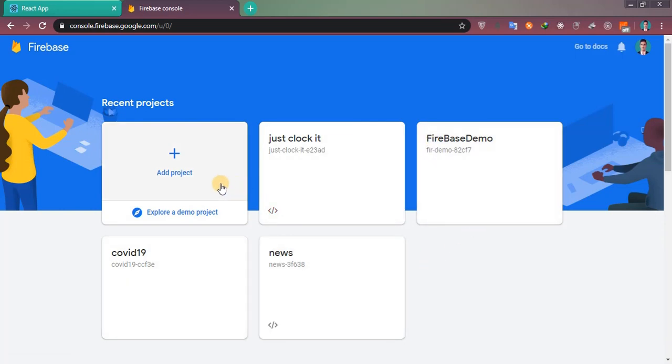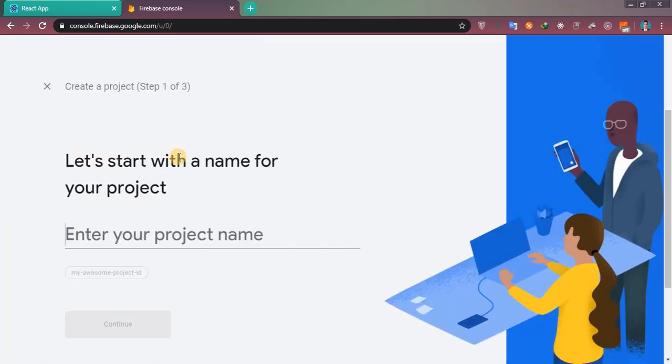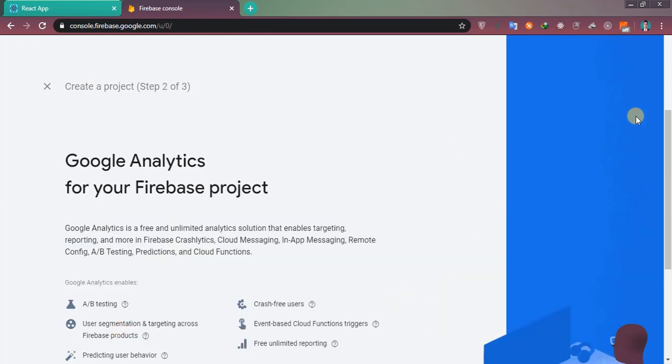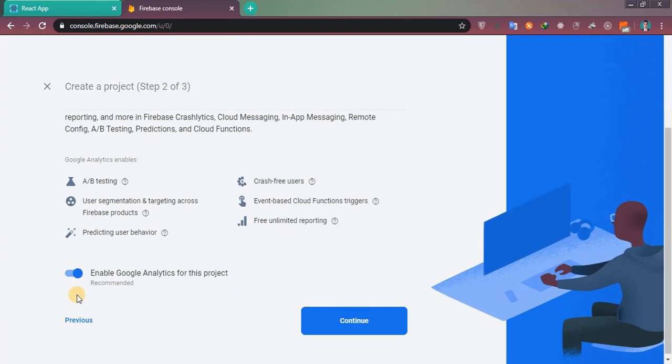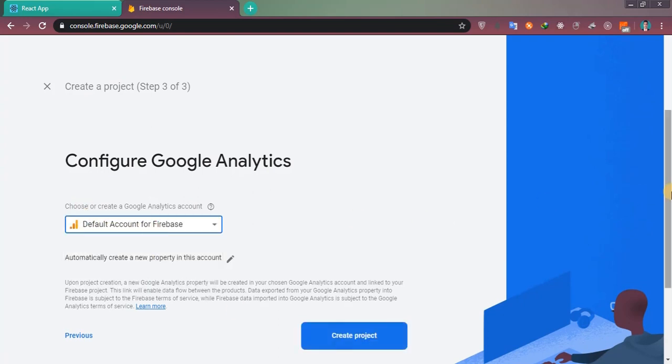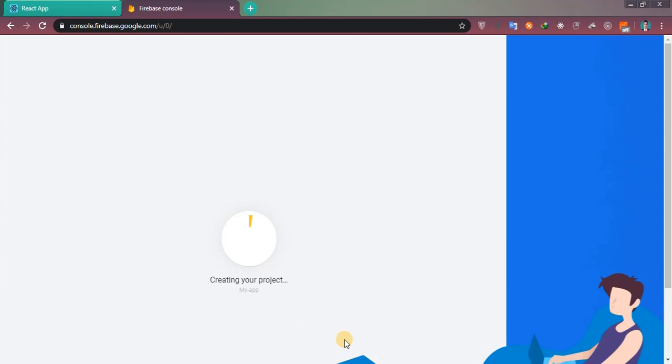What you have to do is create a new project and name it as your project name. Okay, so my app, click on continue, and yeah, enable Google Analytics, click create, select the default one here and create project.